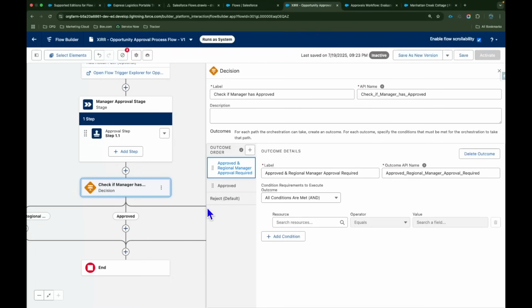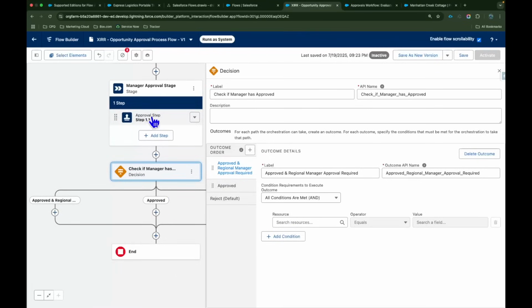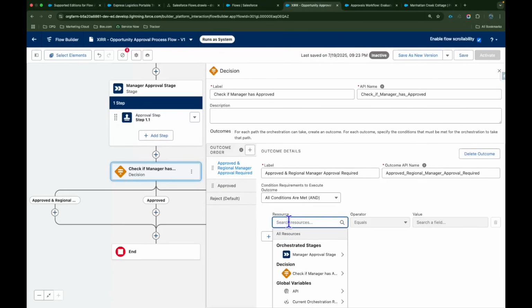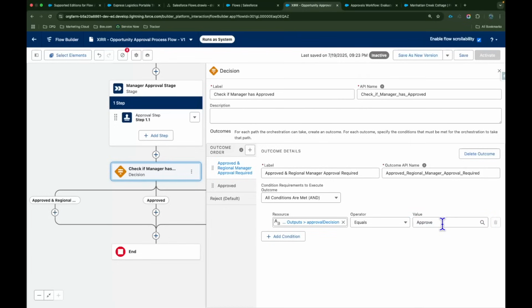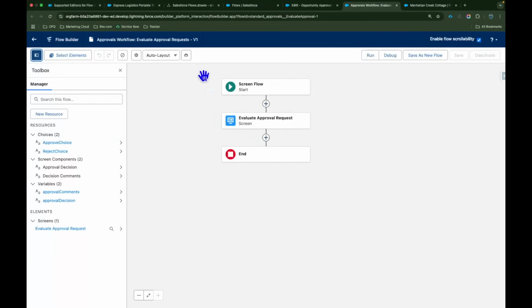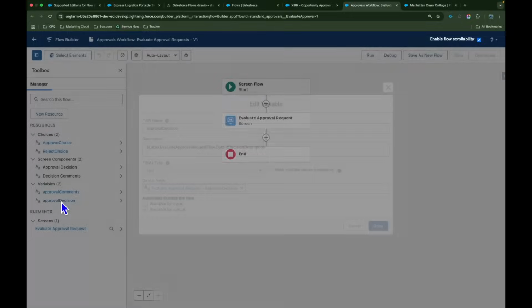So we are going to check, and we will get to know if the record has been approved or not based on the outcome of step number 1. How it will happen is, we search for resources, click on manage approval stage, step 1.1, outputs, approval decision equals approve. This is how you put approve. Now this is coming from the flow we have selected for the first step. And if you go to this screen, approval decision is basically